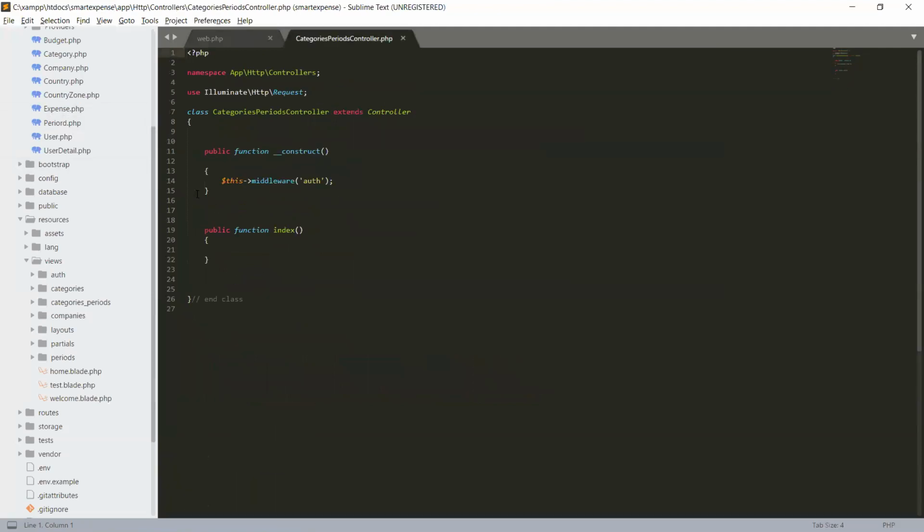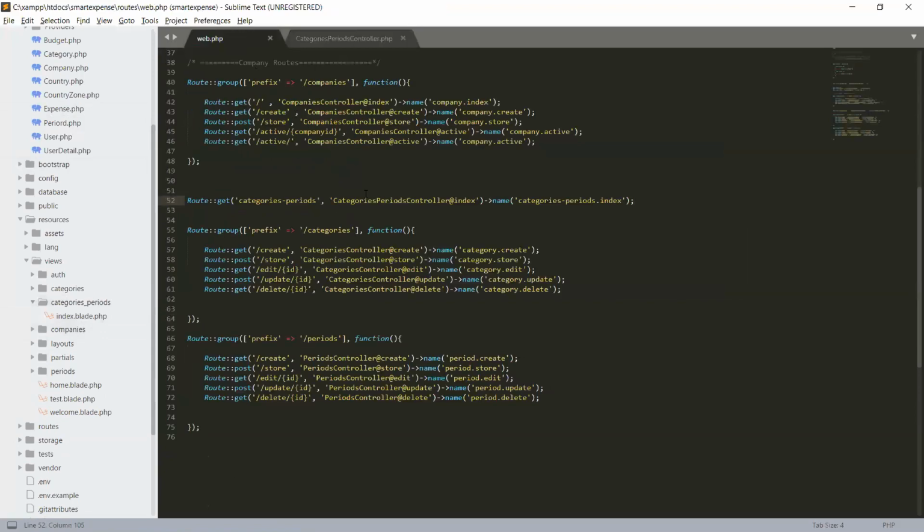We have only one function, public function index. This will give the index of the directory, categories periods index file, and it will show both the categories and the periods, and also the links to create a category and to create a period.